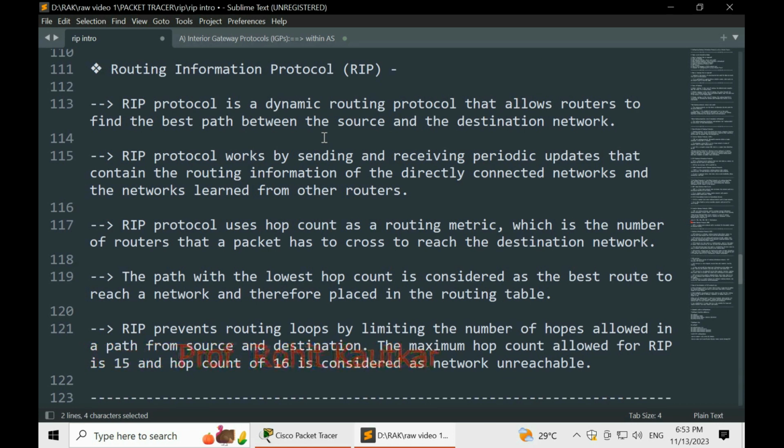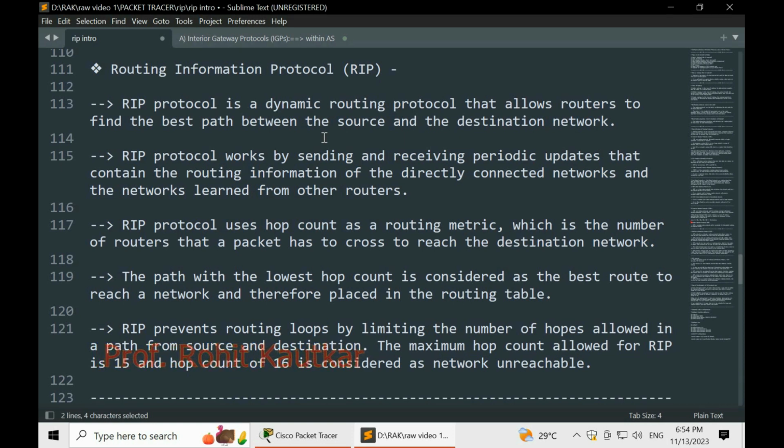As we discussed, every router will share routing information with its neighbors. They share this information with each other periodically, by which every router in the network will learn the available paths for communication. If there is any change in the network, if any path goes down, this periodic information will make other routers aware that the path is no longer available for communication.